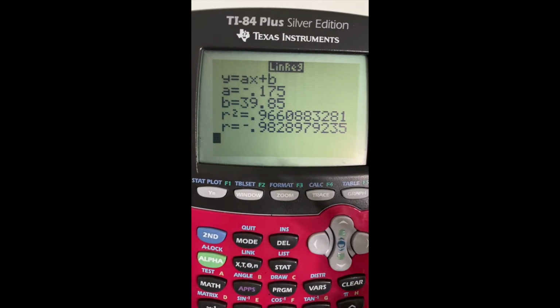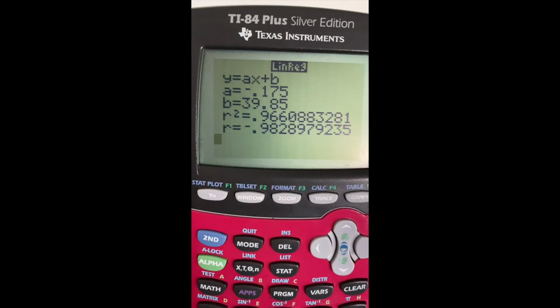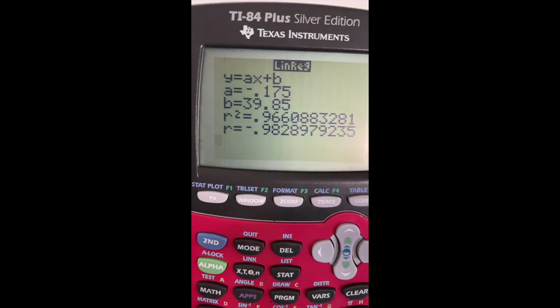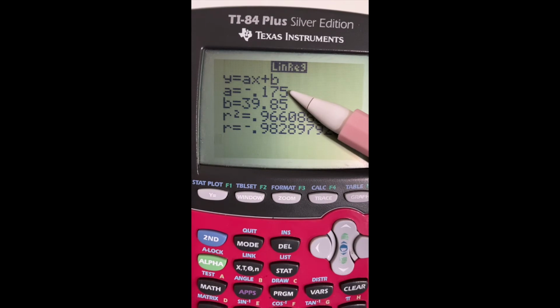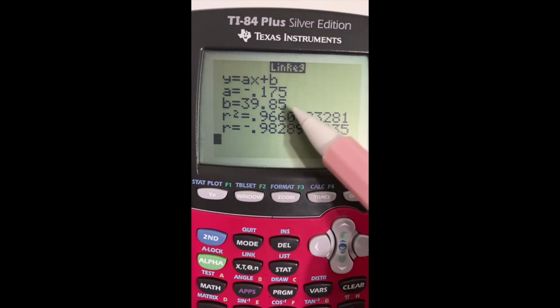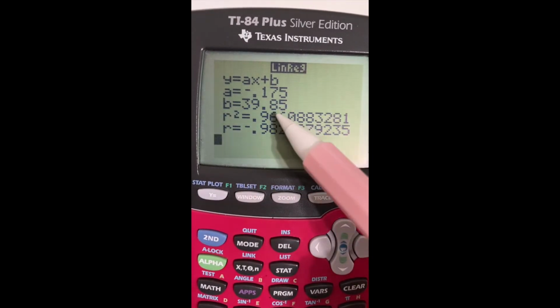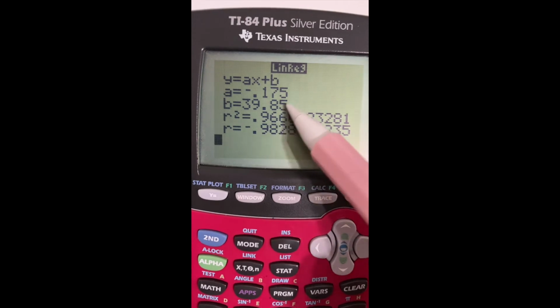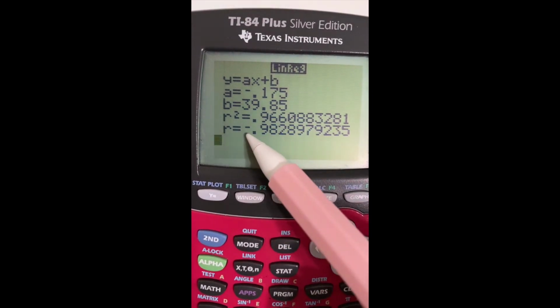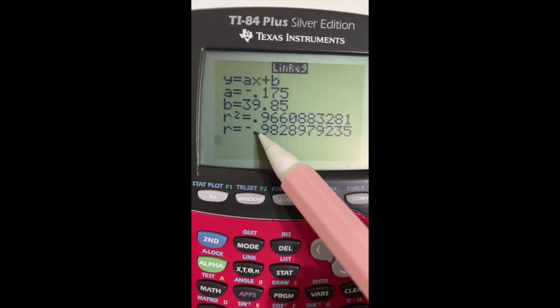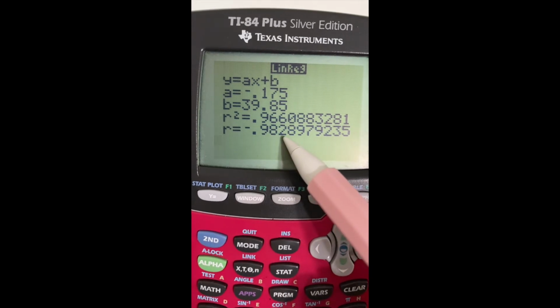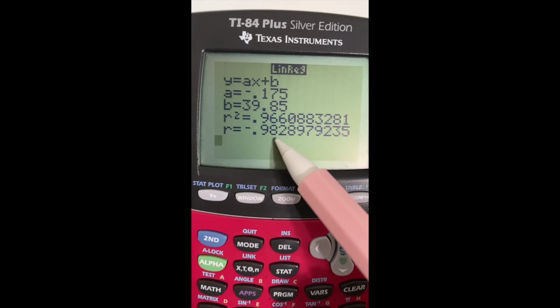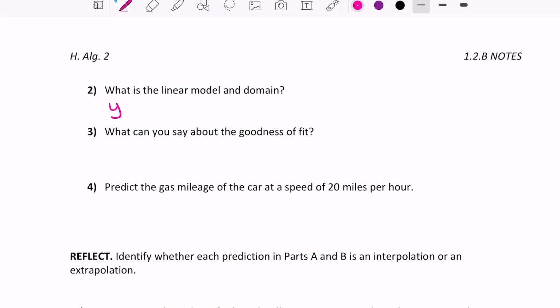Now, for consistency, from now on, for your assignments, I want you guys to round to the thousandths place, so 3 decimal places. We're going to leave a as it is. B does not have a thousandth, so we leave it as it is. Correlation coefficient, you're going to round it to negative 0.983. Okay, write those down. Looking at our regression values, you should have y equals negative 0.175x plus